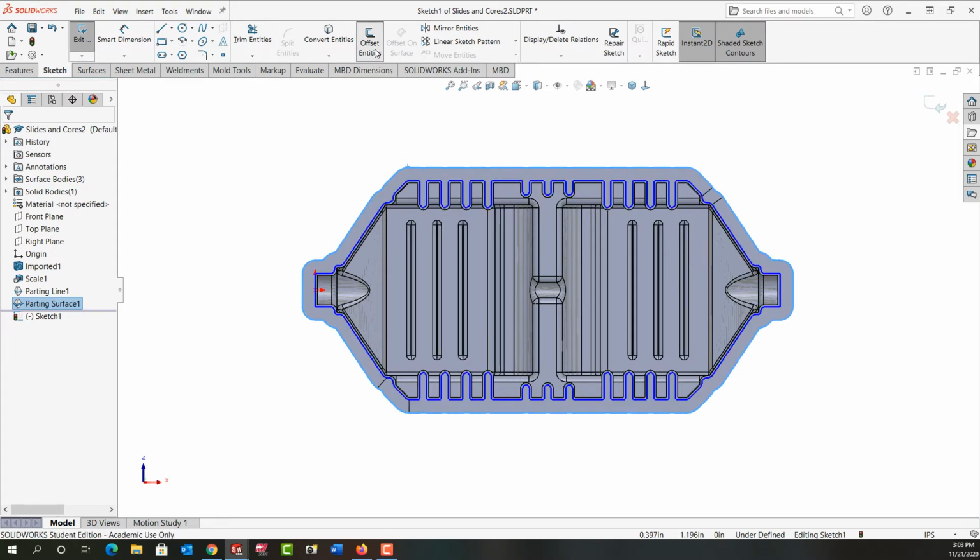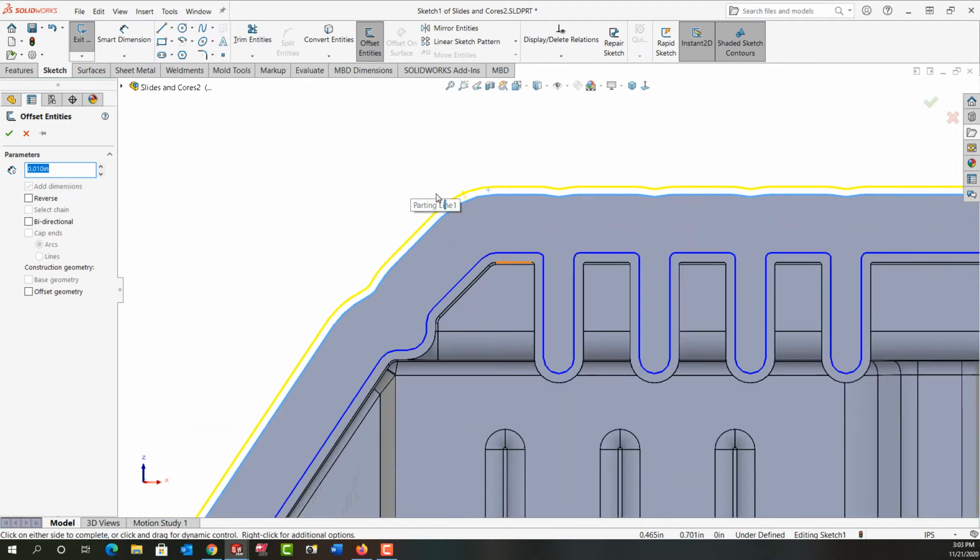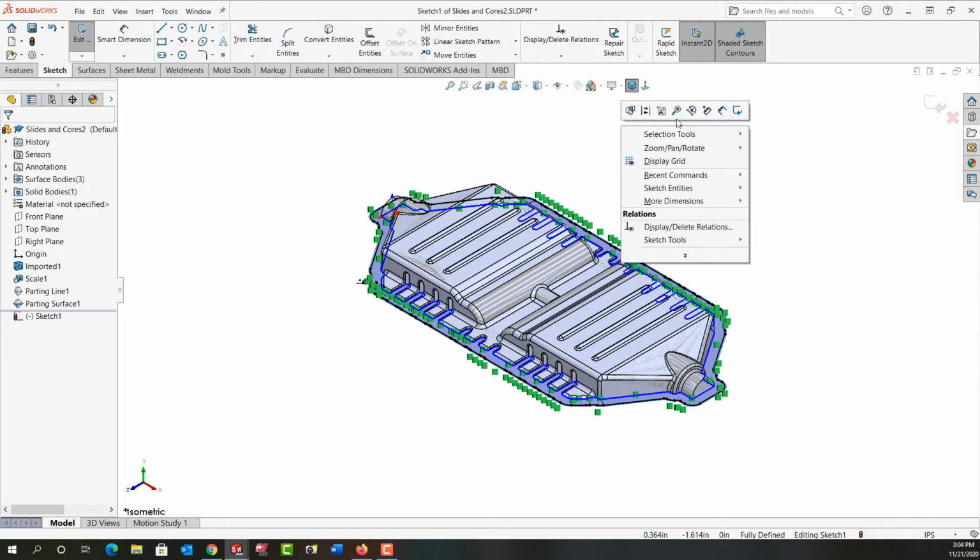And now I'm going to offset the entities in 10 thou. So I'll select offset entities, make the distance 10 thou. I'm just going to tell it to reverse it. I'll zoom in. So the reverse is not what I want. So I'll click here. And with reverse on now, so I want it offset this way. I'll say OK. I'm going to go back to the isometric view, move down here, and I'll right click and